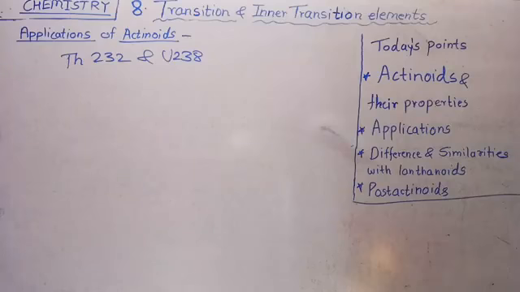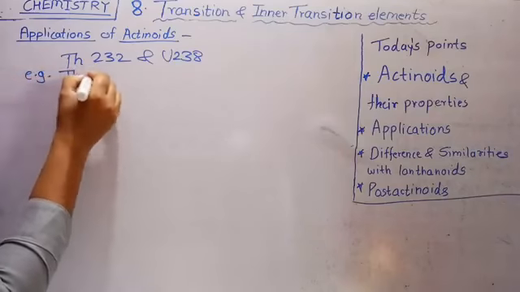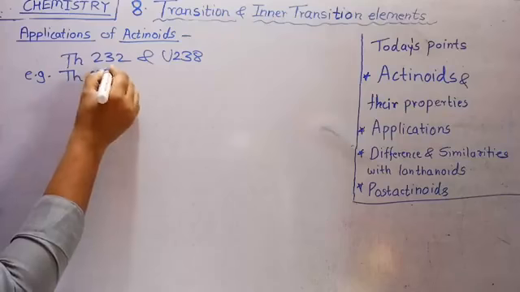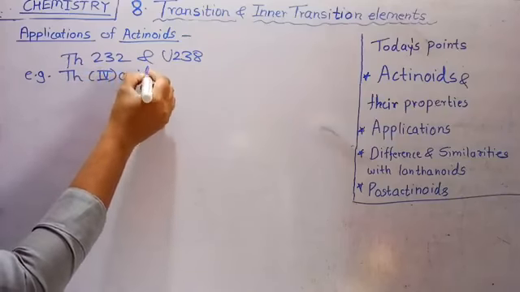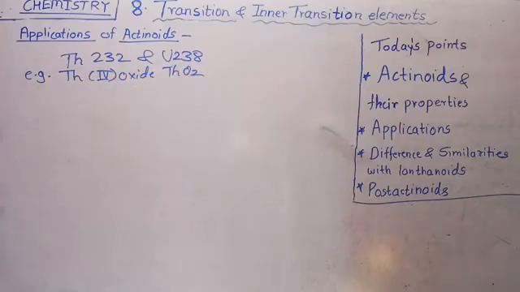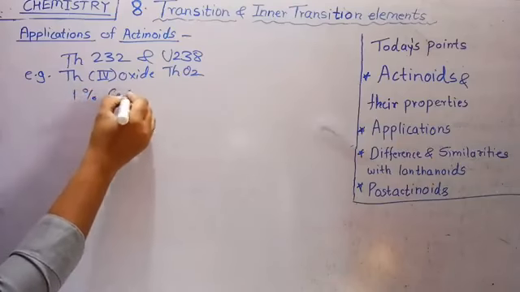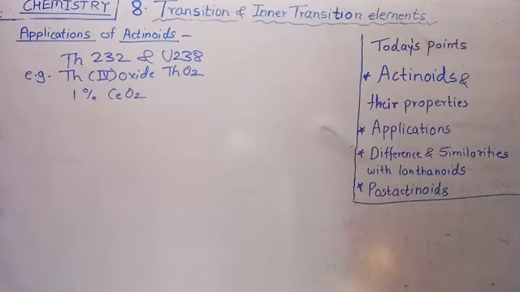For example, thorium(IV) oxide, ThO2. This thorium(IV) oxide mixed with 1% of cerium oxide was used as a major source of indoor lighting